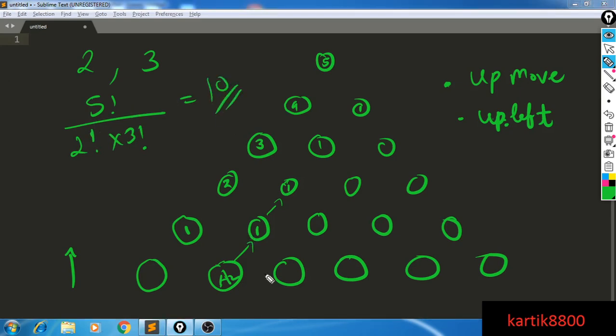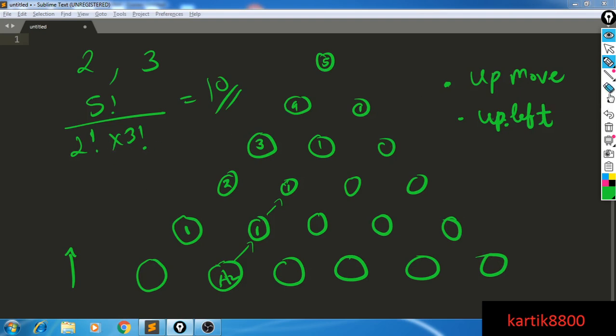So 10 is even. This means A3 does not contribute anything to the top of the triangle. Similarly for A4, you need to make exactly 3 up left and 2 up moves. That will turn out to be the same, so A4 would also not contribute. Same way for A5, you would need to make 4 up left moves and exactly 1 up move. That would be 5 factorial divided by 4 factorial into 1 factorial, which I guess would be odd. So yeah, A5 will contribute. A6 would have only one path from here to the top, so that would also contribute.